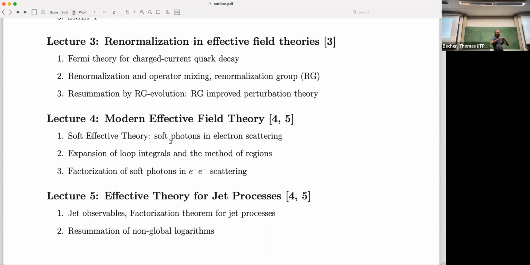So what you can have is some tower of effective field theories, where you go from one theory to another. And in some sense, our photon effective theory is the lowest energy effective field theory you can have. And then if you go higher and higher in energy, more and more stuff appears, and you get different and different theories. So there's an entire tower, and you can always view the next one as the full theory for the effective theory. So that is the basic idea.